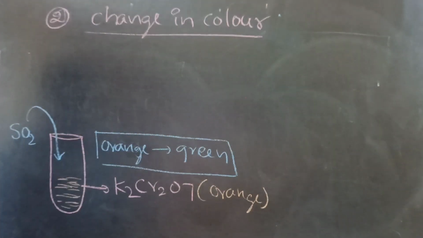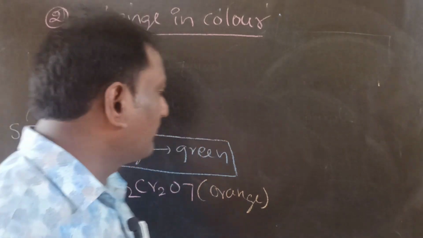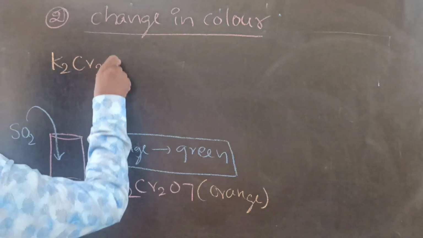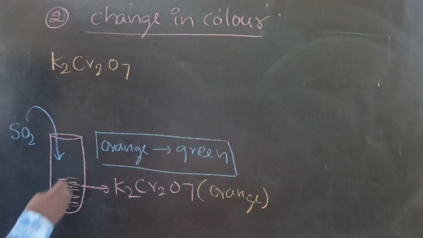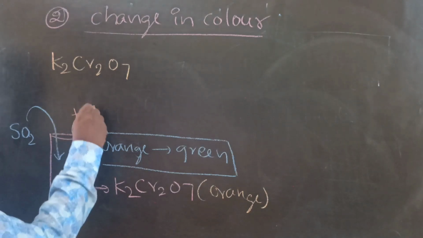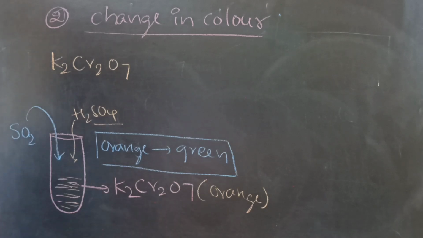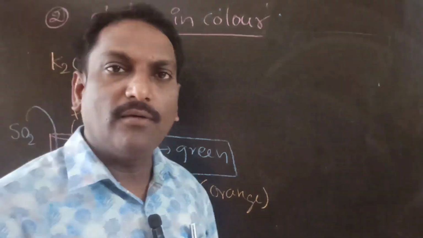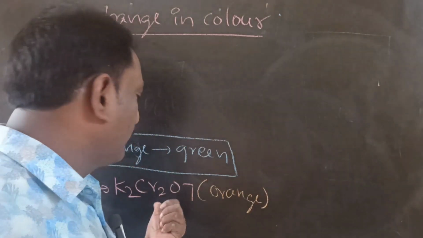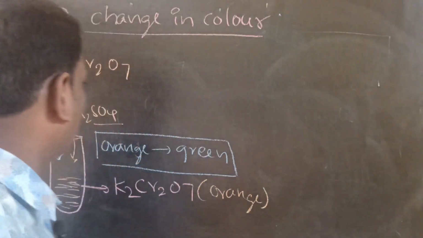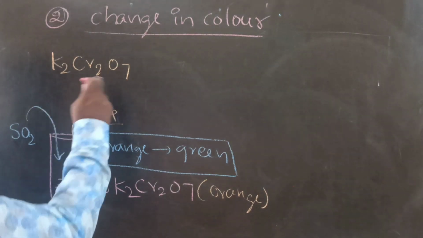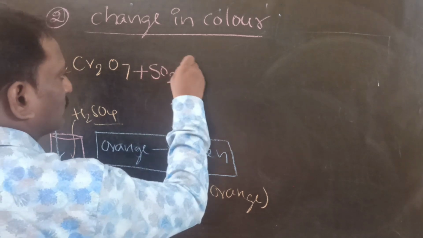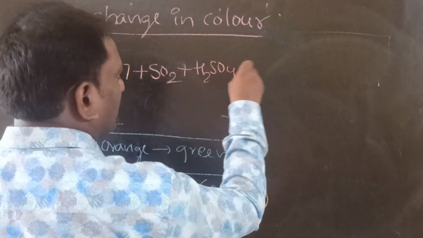Let me write the equation. These equations are very important. Please copy each and every point. So potassium dichromate, K2Cr2O7. Here we need to add few drops of sulfuric acid. So this is called acidified potassium dichromate. We add one or two drops of sulfuric acid to potassium dichromate during the reaction. Potassium dichromate reacts with sulfur dioxide, also consisting of sulfuric acid, and gives